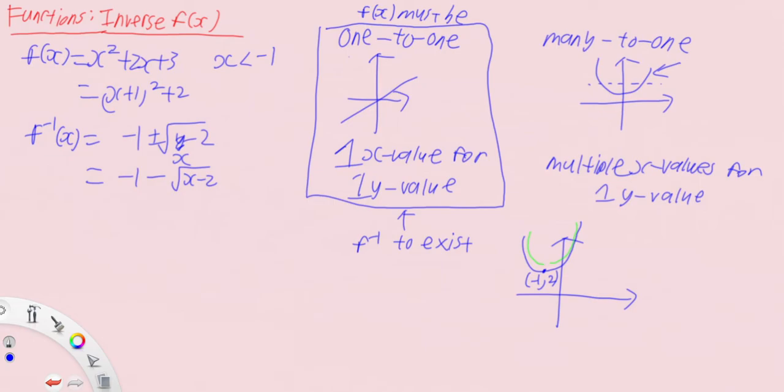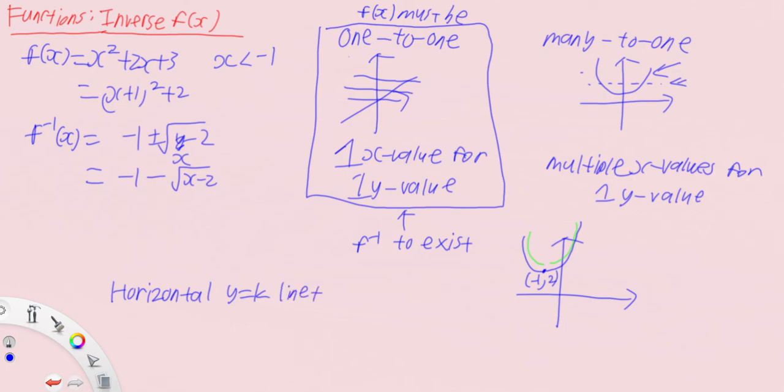Now, to prove whether an inverse exists, we use the horizontal line test. If you notice in the many-to-one graph, I use a horizontal line. For a function to be one-to-one, there's only one intersection point at every horizontal line drawn across it. If I draw one horizontal line here, it's only one intersection. However, in this case, if I draw a horizontal line, I might get two intersection points. So it's called the horizontal line test, y equals k,